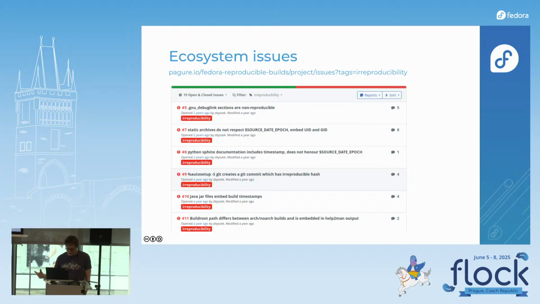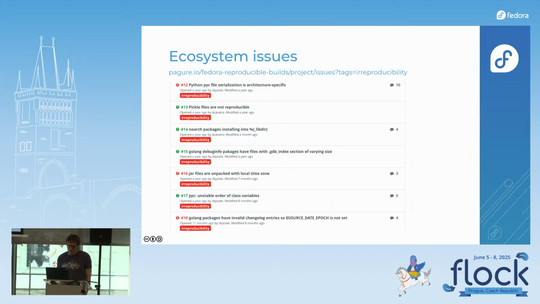Static archives were fixed by add-determinism. There's some Sphinx stuff, some RPM setup stuff that was fixed in Sphinx and in RPM. Java jar files embed build timestamps. This was also fixed by add-determinism. There's some build root path issues,